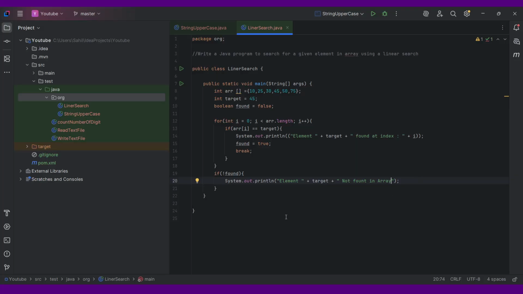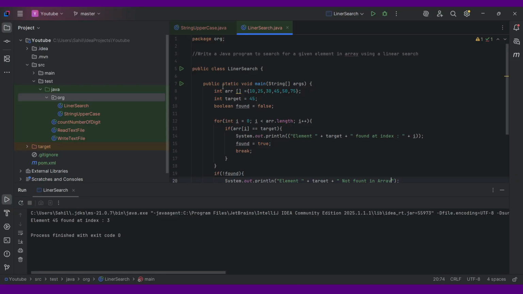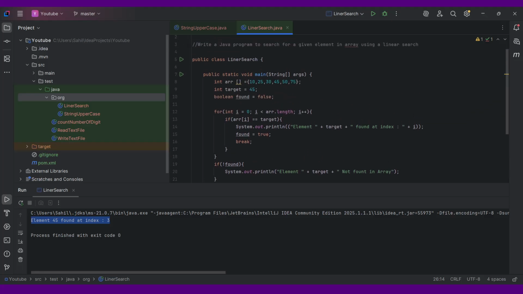So let's try to run this. The element 45 is found at index 3. Okay, so now I will explain step by step what exactly happens in the program. At the first iteration, i is 0. At the zeroth index we have a 10, right? You can see here we have a